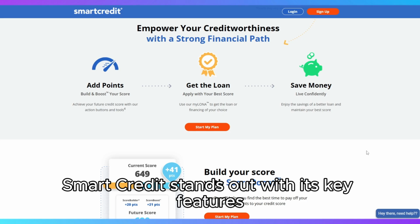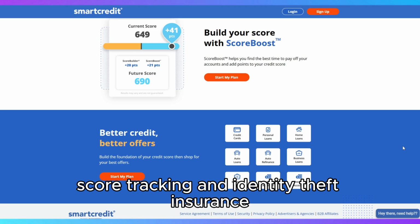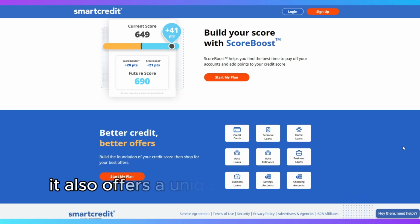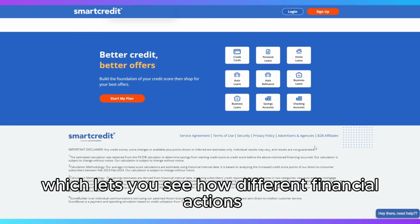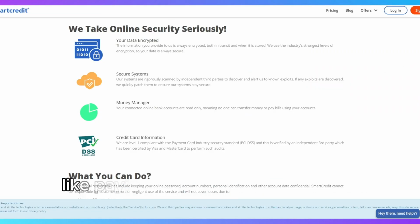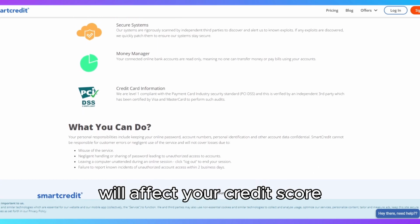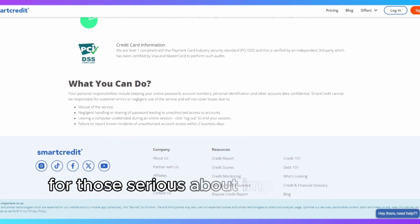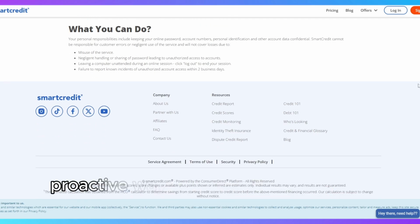SmartCredit stands out with its key features like credit monitoring, score tracking, and identity theft insurance. It also offers a unique tool called Score Tracker, which lets you see how different financial actions, like paying off debt or opening new accounts, will affect your credit score. This is a game changer for those serious about improving their credit, as it provides a clear, proactive way to